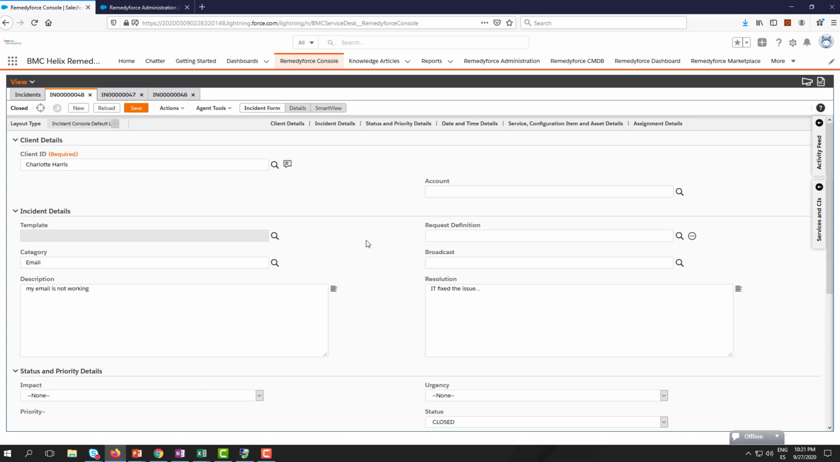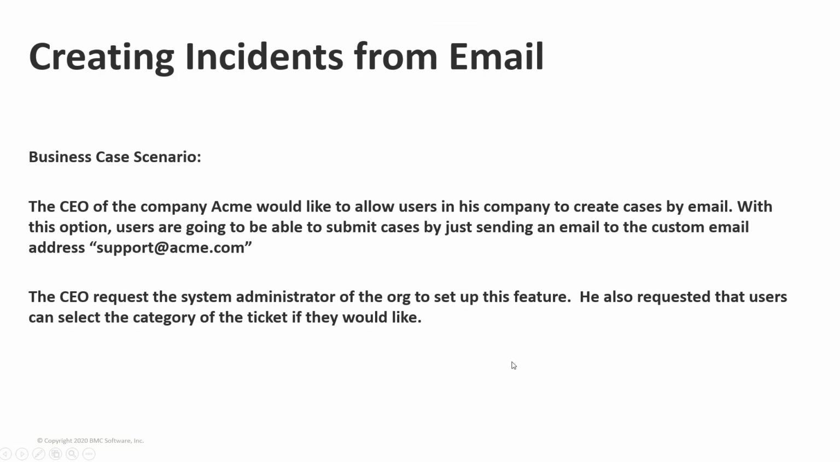So now let's move on to the next topic from the agenda. The next topic is creating incidents from email. Let's review the business case scenario. The CEO of the company Acme would like to allow users in his company to create cases by email. With these options, users are going to be able to submit cases by just sending an email to the custom email address